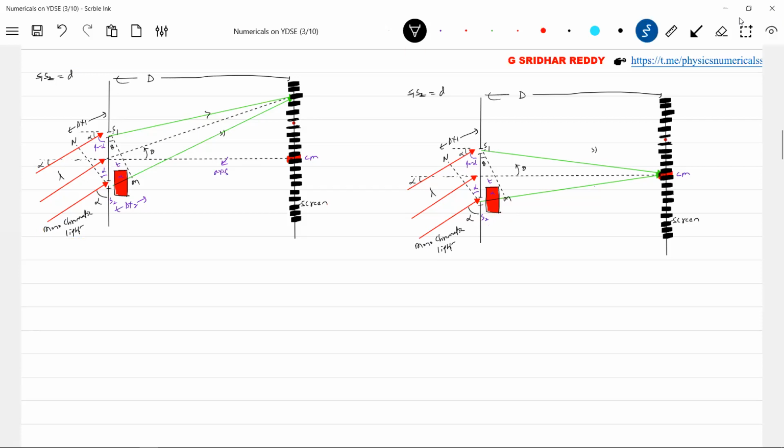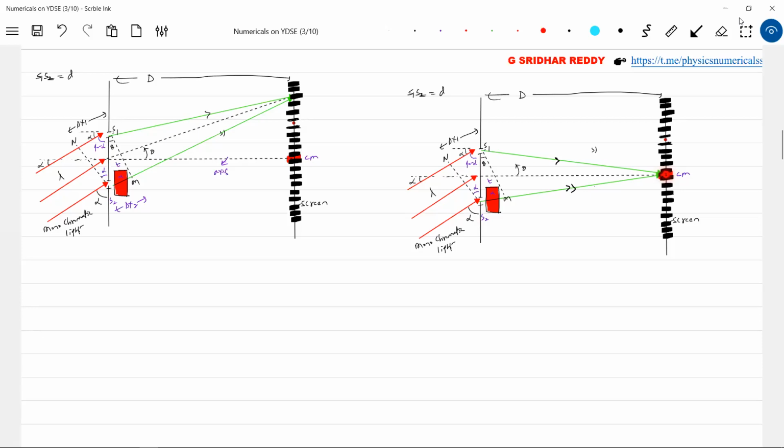I think this is a very important condition. Now who has covered more path before the slits? Ray 1. So this is some additional path. If ray 2 covers that much additional path after the slits, then definitely when they come here, the phase angle will be 0. So the path difference of the rays arriving here will be 0, and then this will be the central maximum.